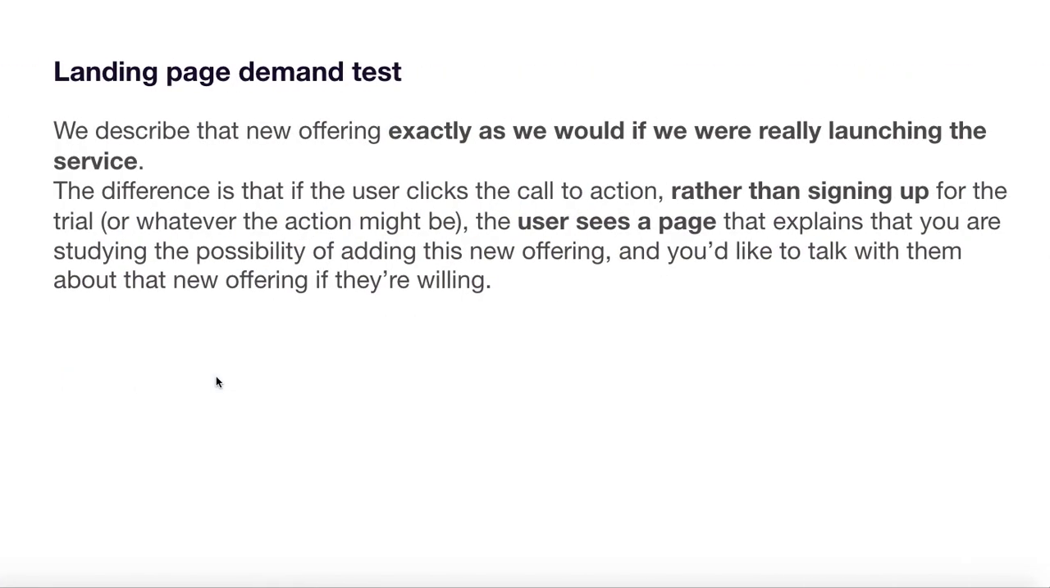The second way in which you can do demand testing is a landing page demand test. This is specifically when you want to test a product as a whole. You're not going to build the entire product and then put it out. What we do here is describe the entire product like a new offering, exactly how we would when we really launch the service. The only difference is that when the user clicks on a particular call to action button, which would normally take them to a sign up page or a free trial,